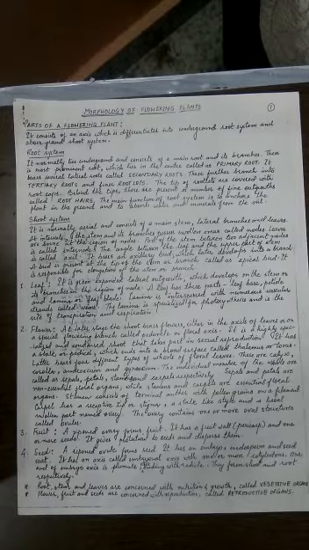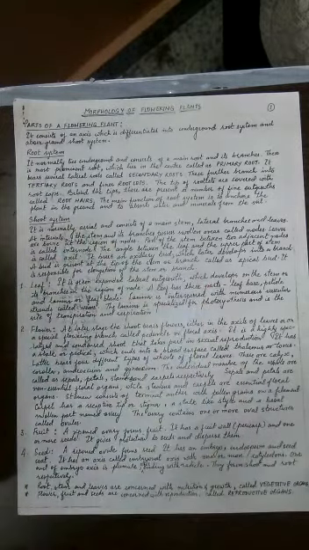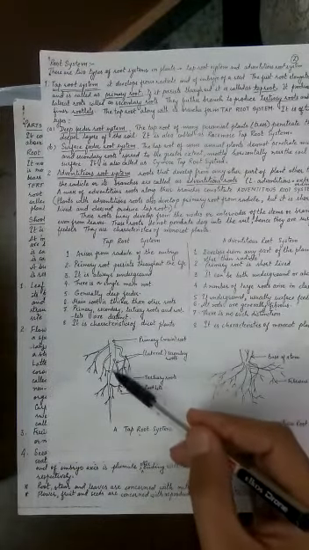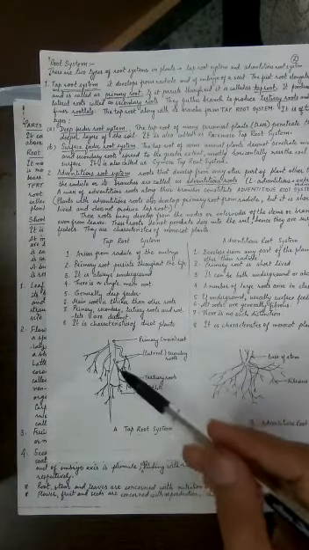And I will be drawing the diagrams. I have already drawn. If there is requirement, on a separate register I'll start drawing for you to give explanation. So the root system normally lies underground, consists of the main root and its branches. There is a most prominent root which lies in the center, and that one which is present in the center is called as the taproot. This is the primary root or the taproot.